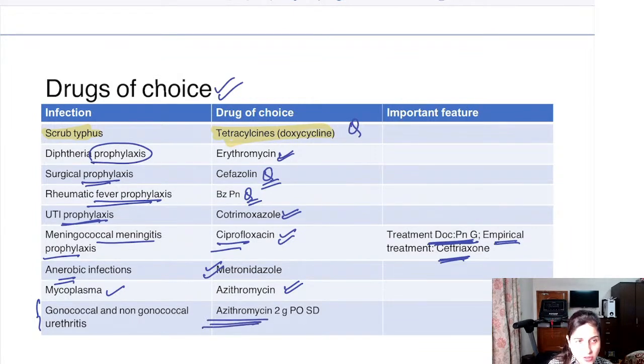So these are a few drugs of choice. There are so many that it is difficult to put everything, because you have to memorize them. But the ones that have been asked repeatedly, I've tried to put them here. Otherwise there will be a huge list of drugs of choice. The ones asked in previous papers I've put here, and the rest we've discussed in various questions, right? So these are the few important drugs of choice that you must be prepared with when you go for the exam. I hope you have already made a list of various drugs of choice,